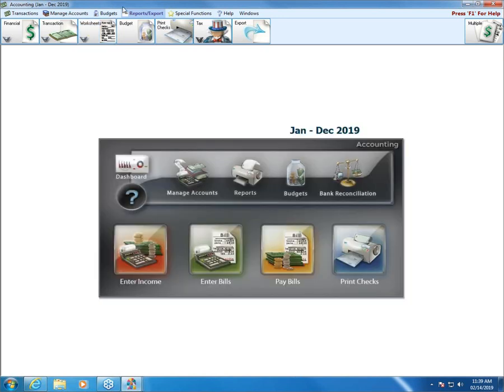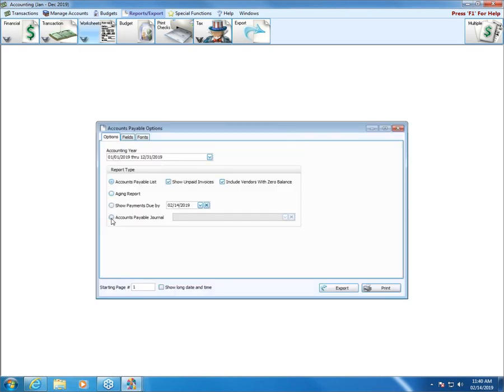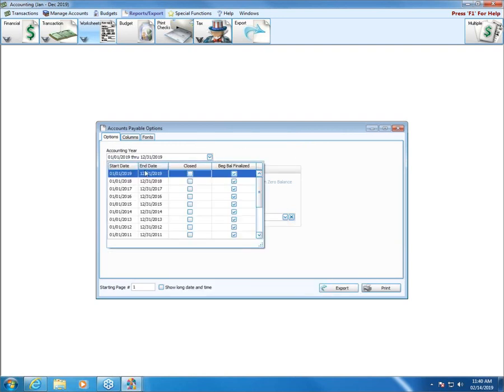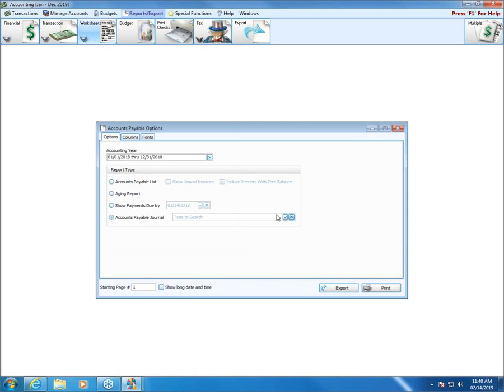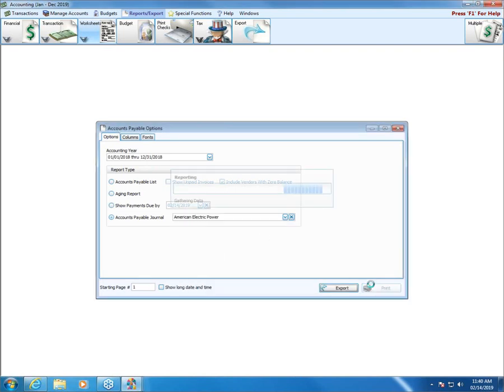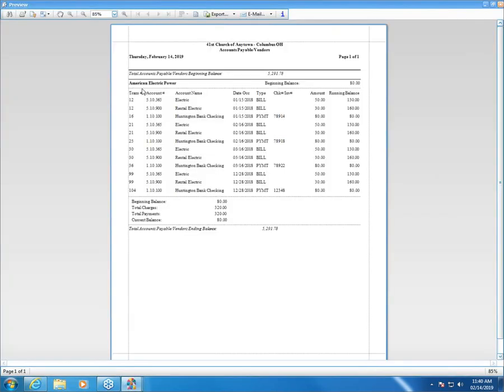So again, the way to do that would be to go to something like your transaction journal, okay? There's another way you could do that too, and I'm going to add this. So, reports, transactions, transaction journal. But the other way to do it would be to look at it from the vendor payee standpoint. If you go into reports and export worksheets and we do accounts payable, I can come down here to my accounts payable journal, and let's say we're going to go back to 18 where maybe we've got a larger sampling of data. Go to my accounts payable journal, choose a particular vendor that I want to cross-reference or examine, and then when we go to print,